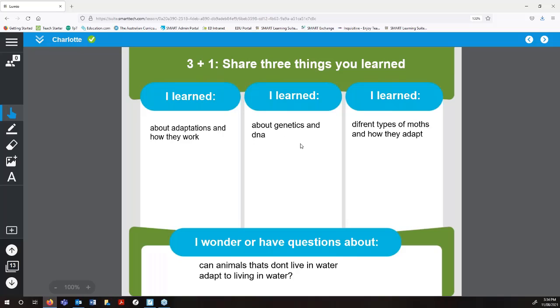Again, what the adaptations are about, genetics and DNA, and one of the videos had the 2 different kinds of moth, and then she's asking, you know, what does this mean about animals that don't live in water and living in water? Can they adapt to those changes of environments? So